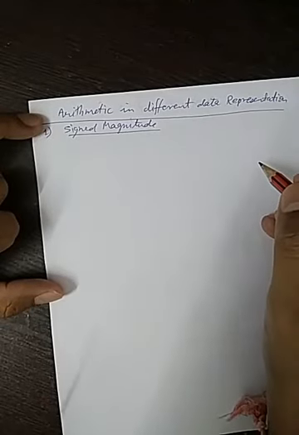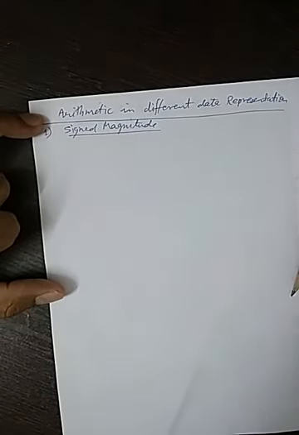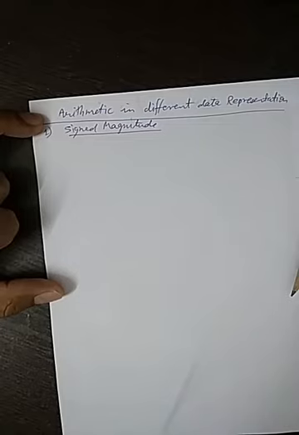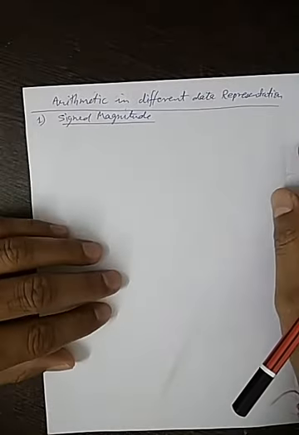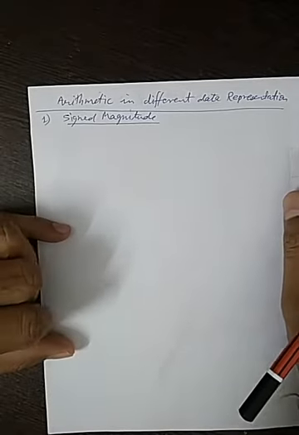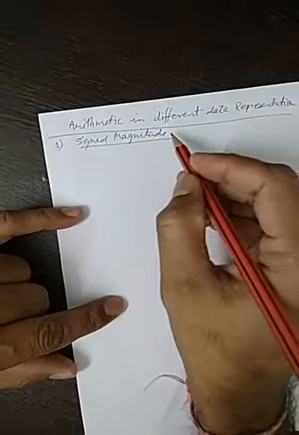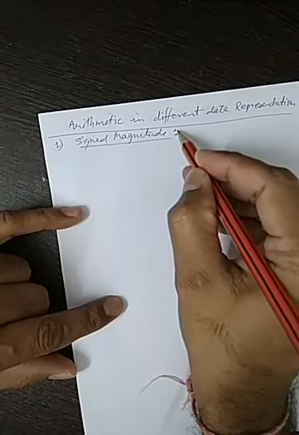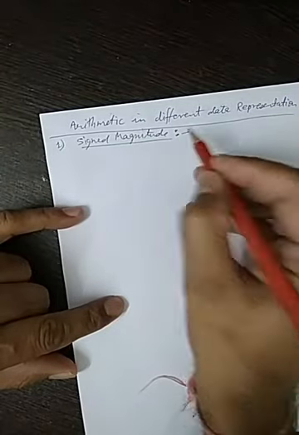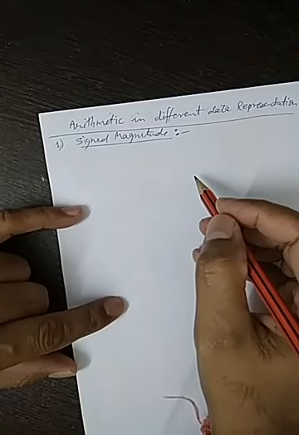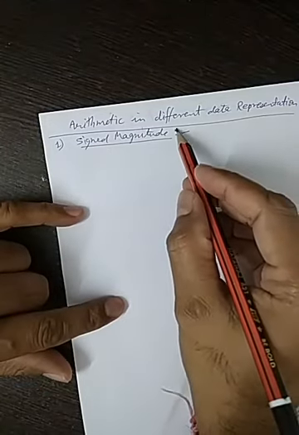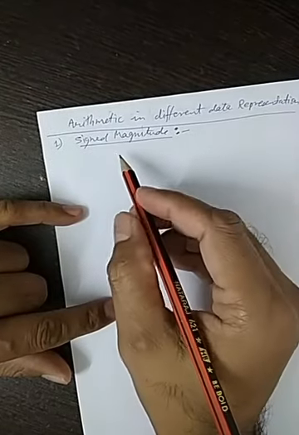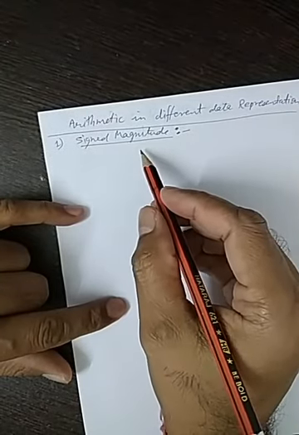Okay, dear students, today we will discuss the arithmetic in different data representations. The first data representation is the sign magnitude. Sign magnitude is very difficult to implement as far as hardware is concerned. The actual arithmetic is not in our course, but in order to show its drawbacks, I will take an example